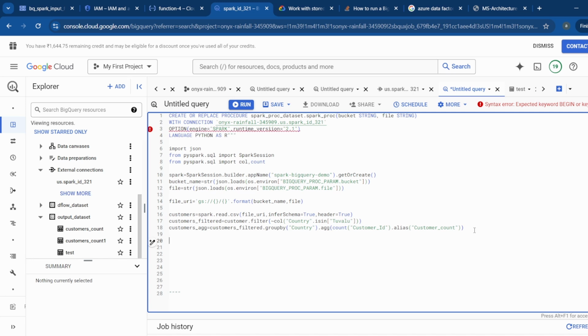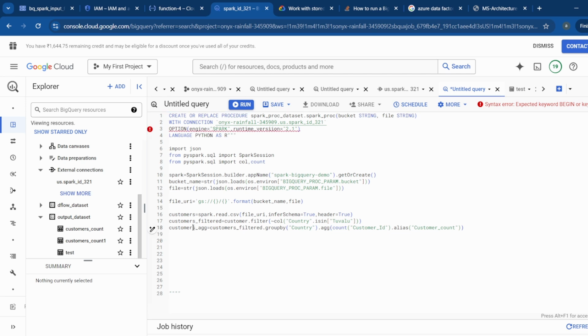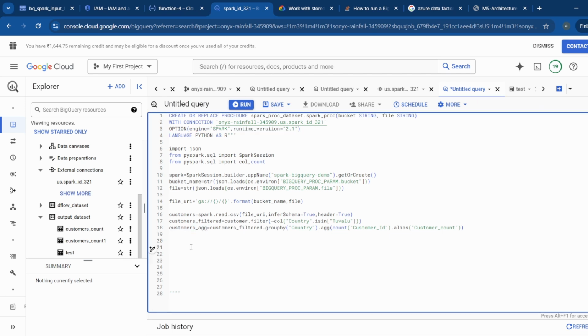Okay, so after doing the transformation, I need to write this data frame to the BigQuery table. So customers aggregated dot write dot mode, I'm going to use it as append. Okay, and then after append, the format I need to specify